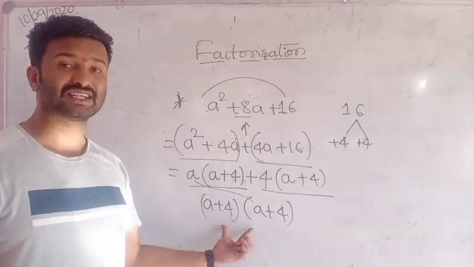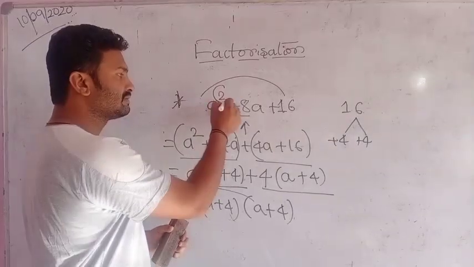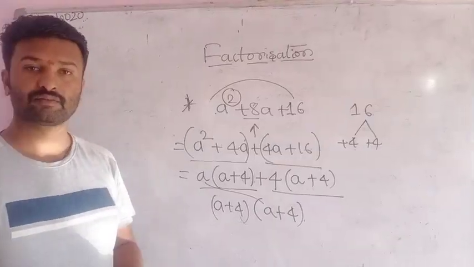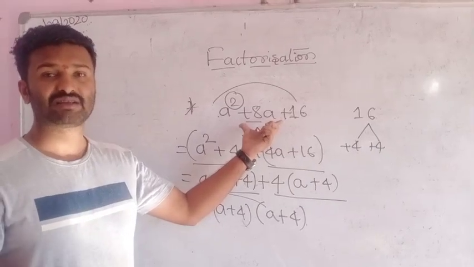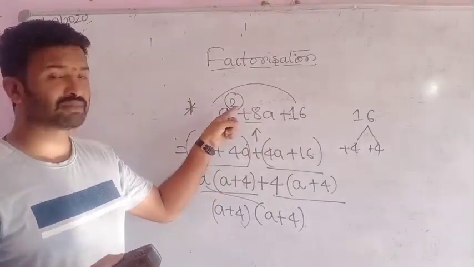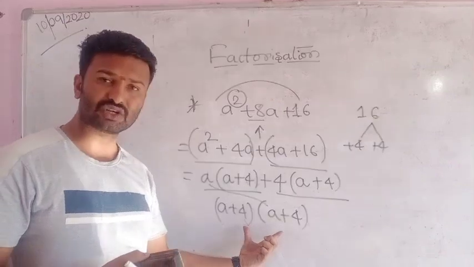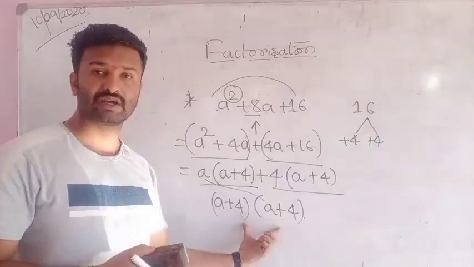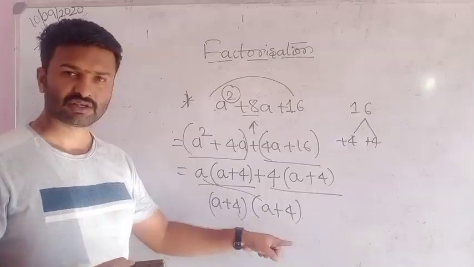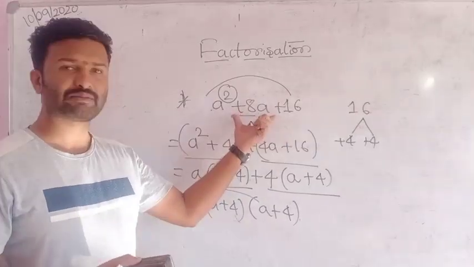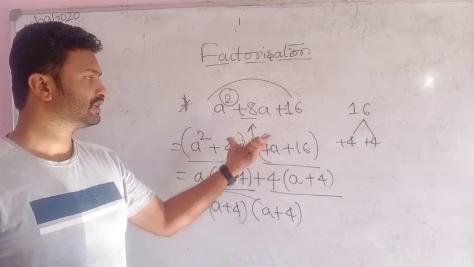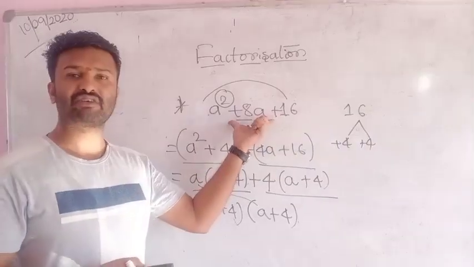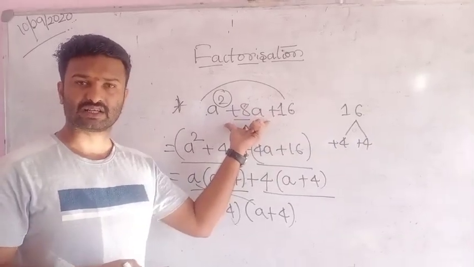Why did we get 2 factors here? How much is the power here? Power 2. It is a quadratic expression. Linear means you will get only 1. Here 2 means it's a quadratic. That's why we got 2 factors. Means you can solve, you will get 2 solutions of the same expression. This is the way how to find out the factors of a given quadratic expression.